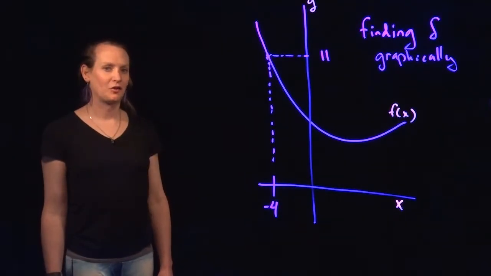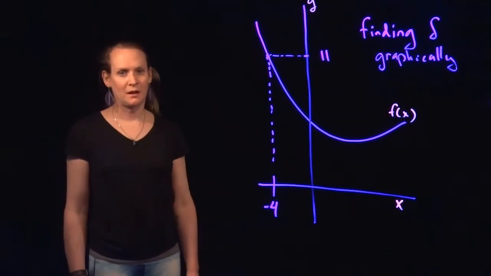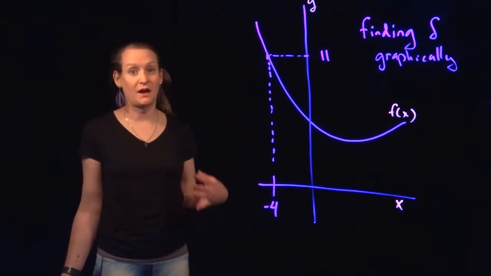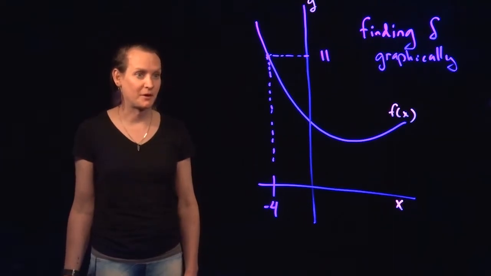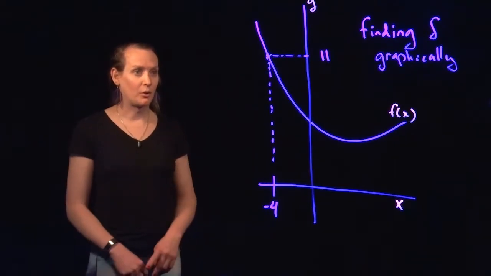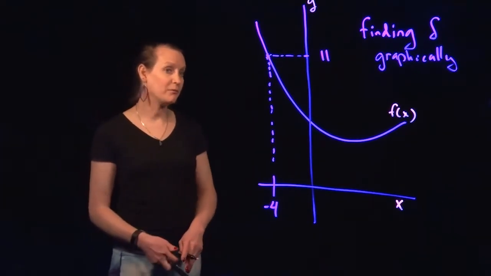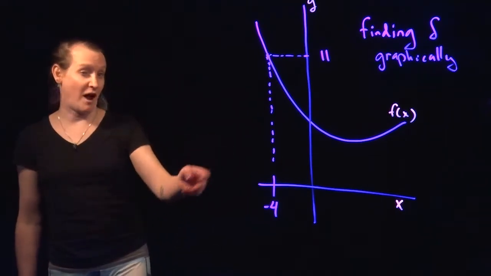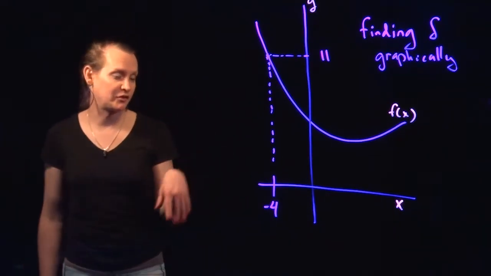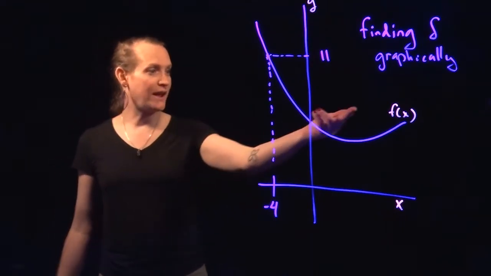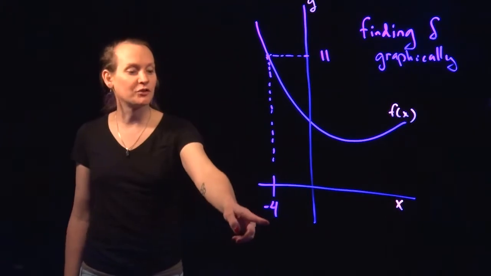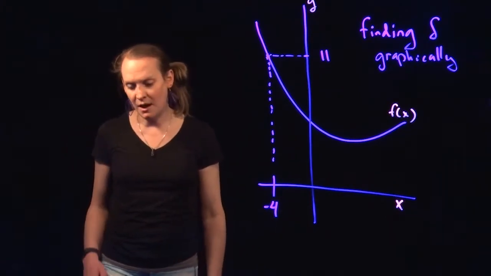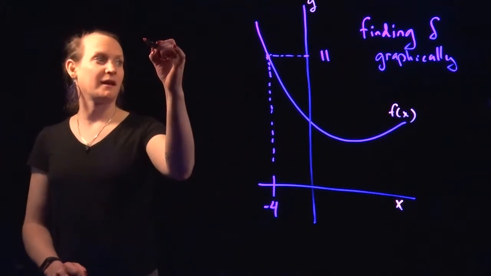Hi, I want to spend time with you today talking about how to find a delta value graphically to satisfy the definition of the limit. In one of these problems, you'll either be given a graph or asked to construct a graph. I'm going to give us the graph in this case of a function f of x. I've been given a point of interest, 4, and I want to say given